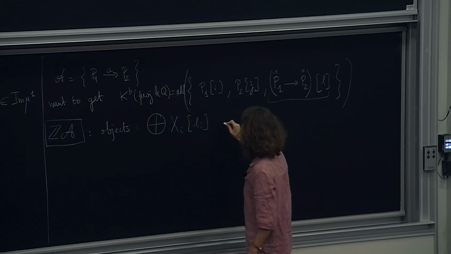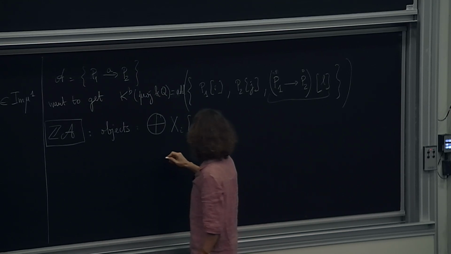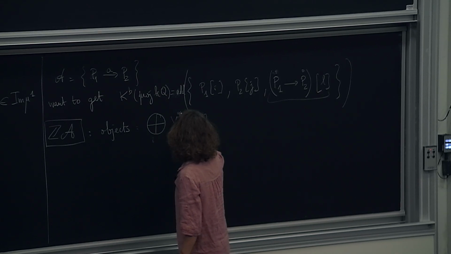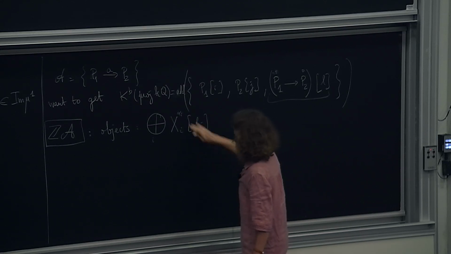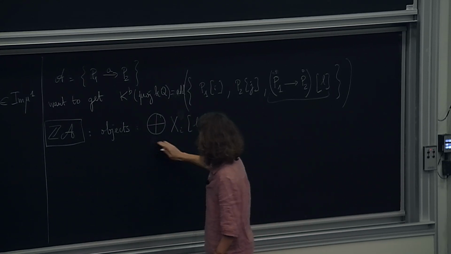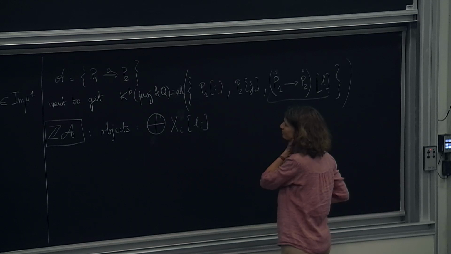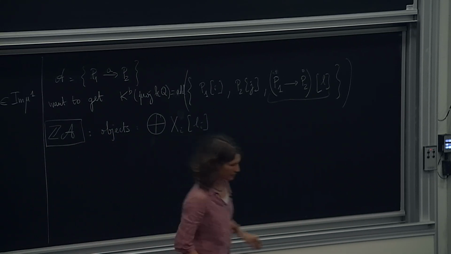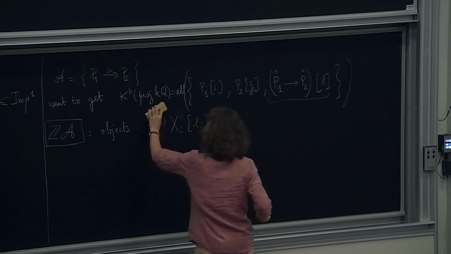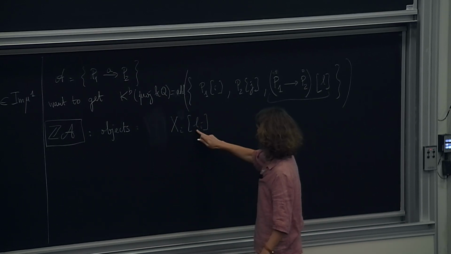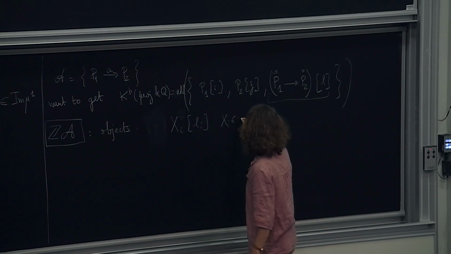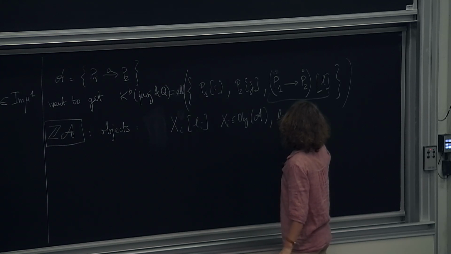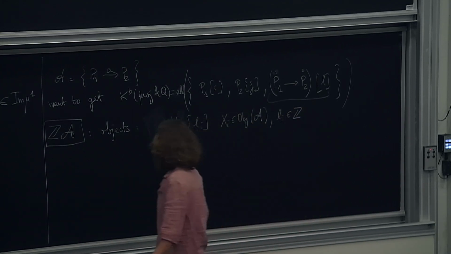So they are finite. So here I don't know. No, they could be in different degrees. I don't know how to write it. Okay, maybe I don't write a big sum. I just start without the sum. It's better like this. Okay. So the objects, they are things like this, with xi being an object in A, and li is just an integer. And the morphisms,